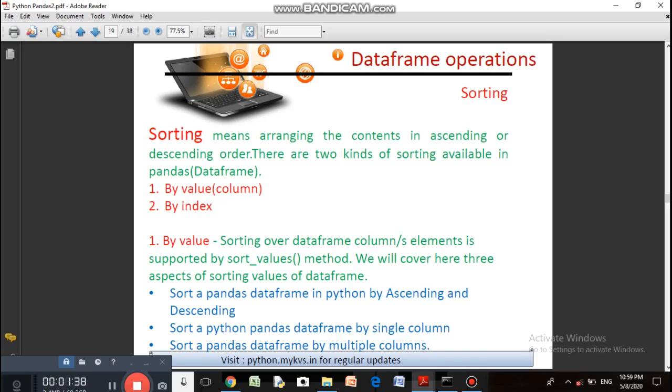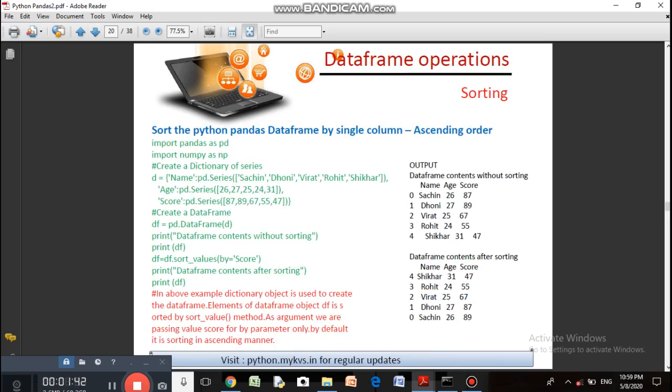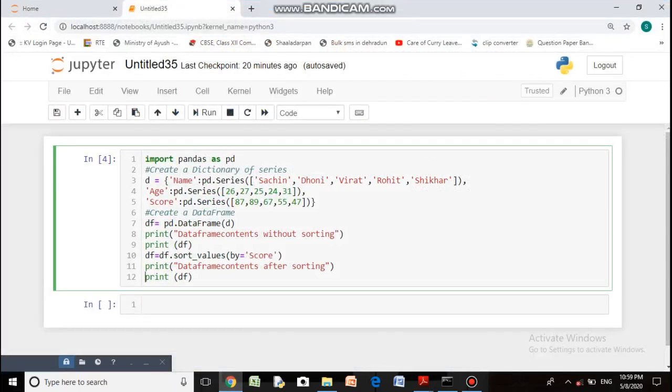Right, so let us try it with the help of an example. So here is an example, and we will see how this example works. So I'll show this code in Python code window.